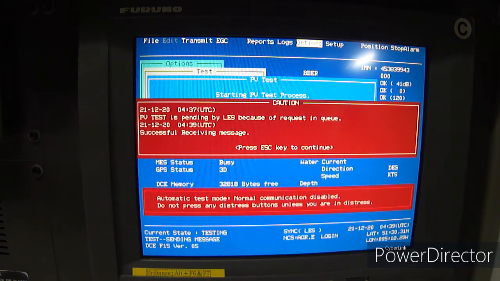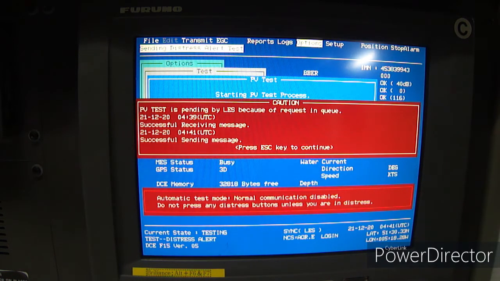Now you can see your current status: testing, test sending message. Before test receiving message, now is test sending message. So actually it is testing whether you can send any message or not. Now you can see the successful sending message means your system is functioning properly.